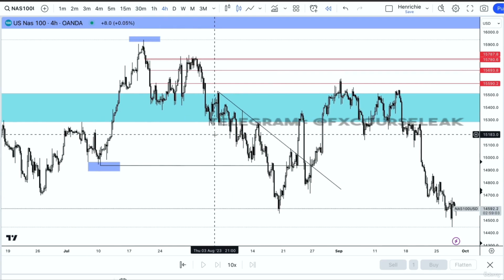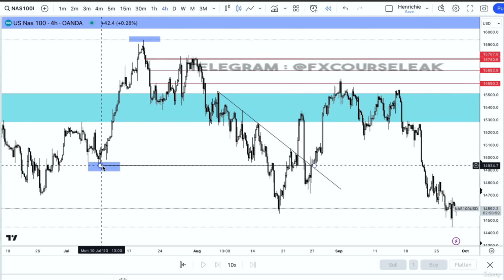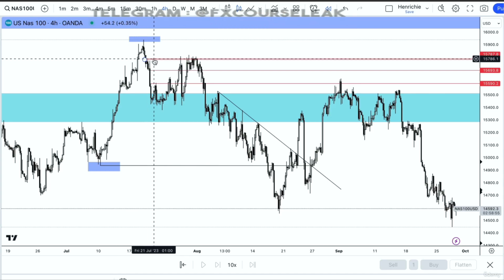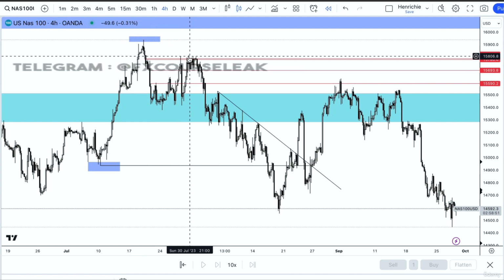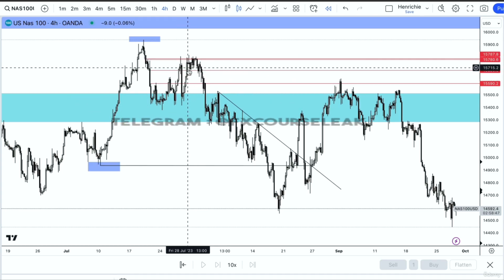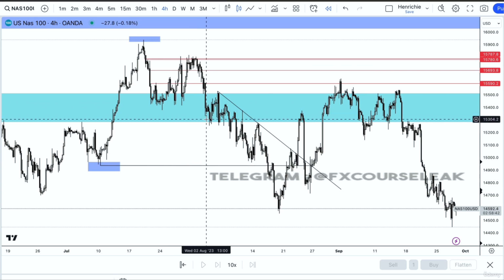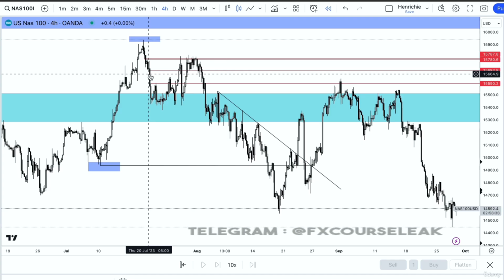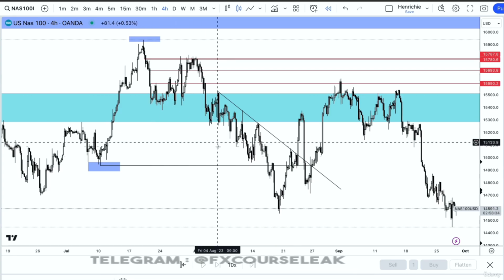Now, on the 4-hour time frame, you can see that after we broke this low right here, we left this first inefficient price action, left the second one, we tapped into the first one the first time, tapped into it again the second time, the third time, and then we saw this displacement to the downside. The market made it seem like this one was invalid, but it isn't, because you can see how